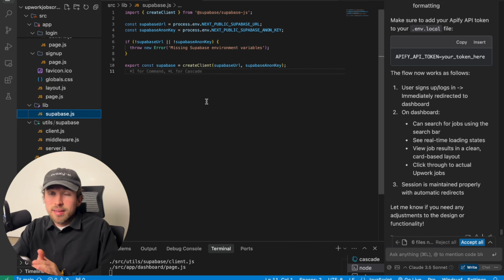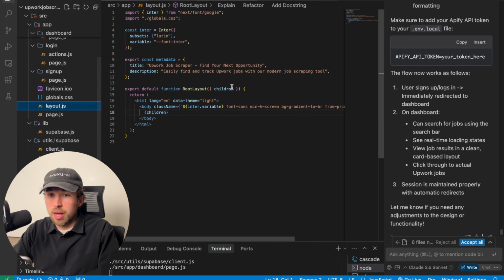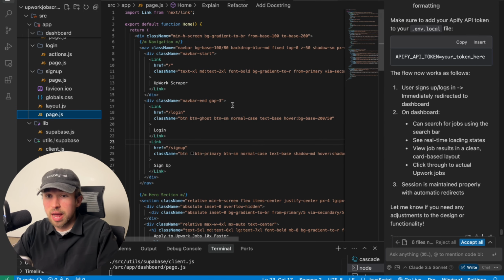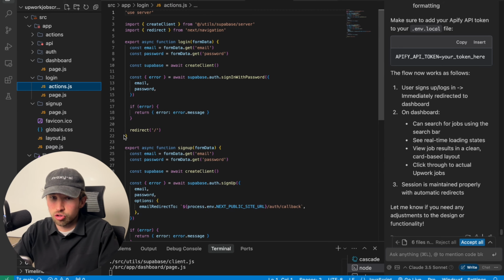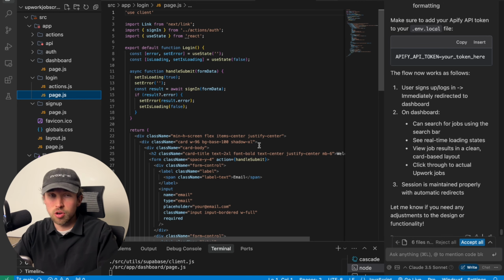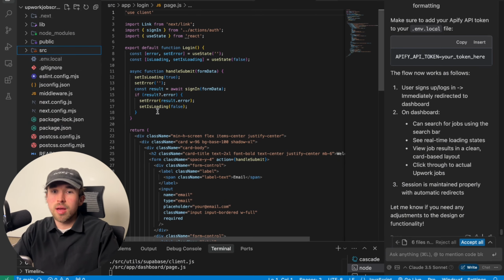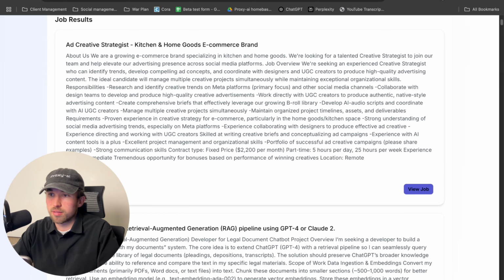And then that's it, guys. And then you have a full blown app right here with all of the Supabase client credentials. We have our layout.js right here, which actually constructs our page. Then we have our actual page.js, which has everything on it. Sign up, auth, actions, which create clients and stuff. We have middleware that can actually protect our routes better on top of Next.js middleware. So it can just figure out who's authenticated, who's not, query our database, and get all of the information we need to actually figure this out, guys. So that's the tutorial. That's it. We have an app that kind of does what we said it does.